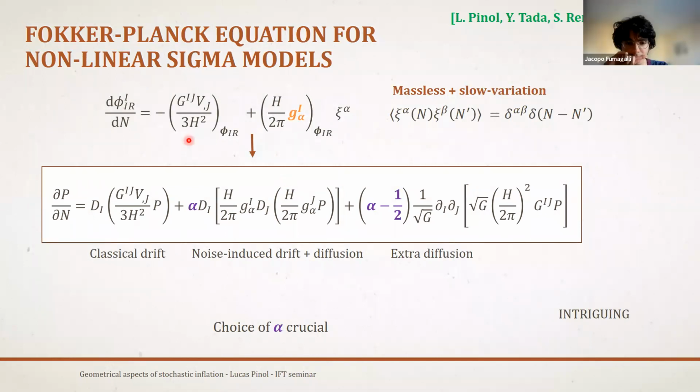But you can already see it at the level of the Langevin equation. If you dig into what Ito calculus is, you will see that when you do an explicit change of coordinates, going from phi i to some phi alpha in a different coordinate system, and you choose any alpha which is not 1/2, it's not just Ito, any alpha which is not 1/2, you will see that this equation is actually not covariant.